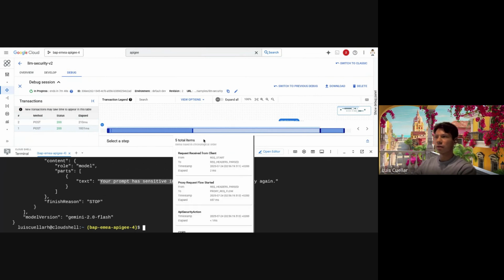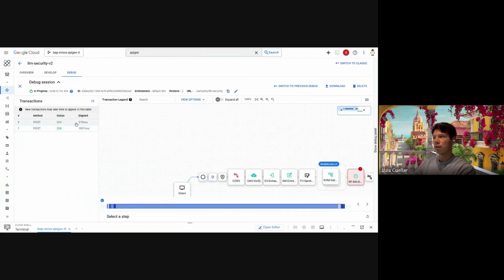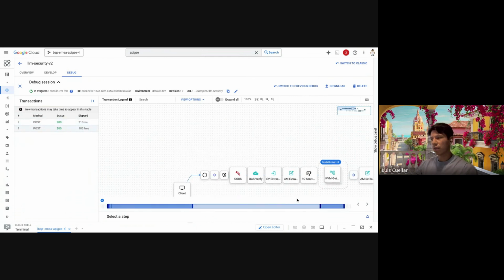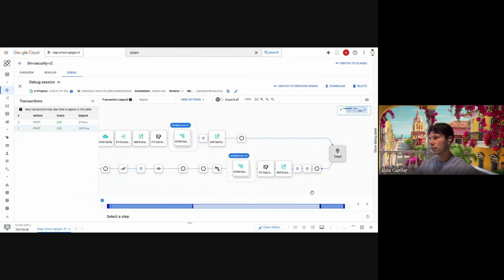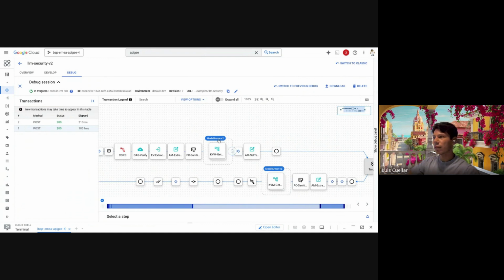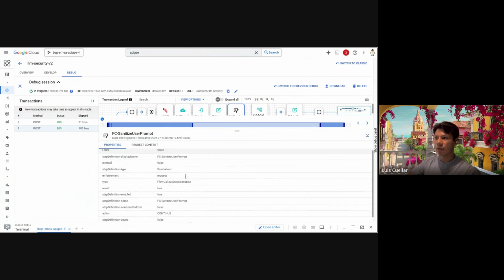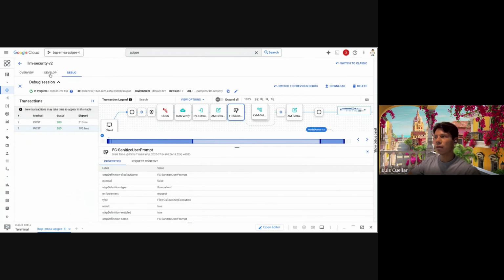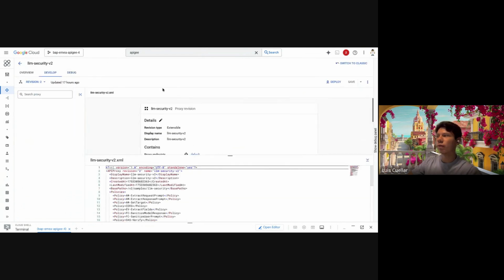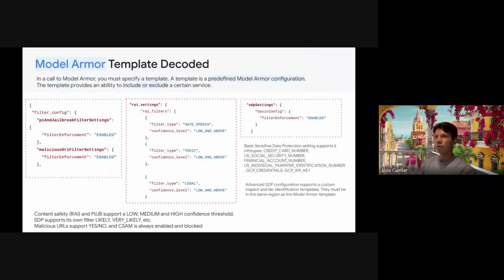So we are going to see here, in the first two jokes that it was telling, we get the backend. It's a mockup backend, okay? But we didn't get the backend this time because we have the Model Armor component here. We have the sanitization of Model Armor, and the sanitization is going to take into consideration the template that we should use in order to understand if the flow or the prompt is compliant or not. Okay, so